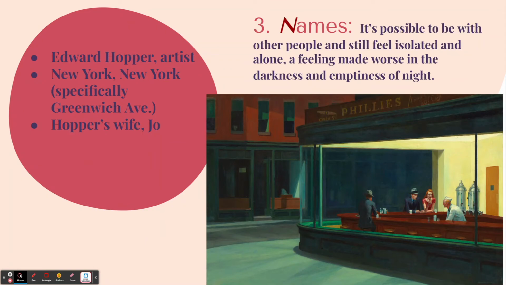Now, I do want to include the names. So I want to talk more about the setting and the artist. The artist is Edward Hopper. He lived in New York, specifically around the Greenwich Avenue or Greenwich Village area. And this was he and his wife. He's the gentleman on the far right, sitting next to the lady in the red dress,